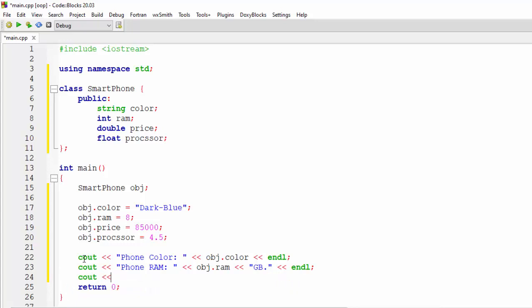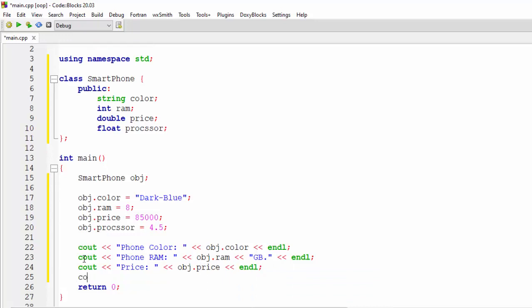After that I will say cout, and here I will say price, and here I will say obj dot price. After that, the last thing that we will say, processor is equal to obj dot processor, and here I will say GHz, stands for gigahertz.